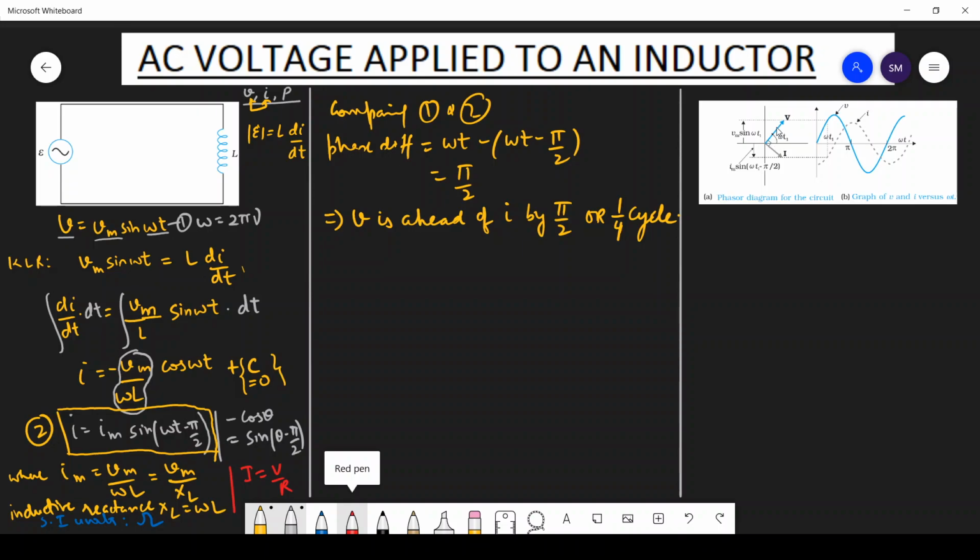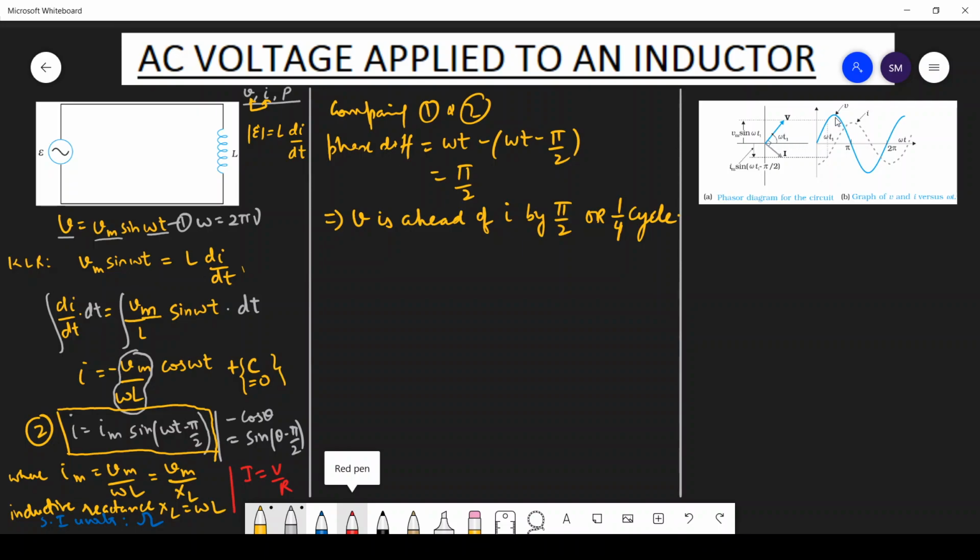This is V, and the length of this phasor is Vm. So Vm is the length of this vector, this phasor V, and its vertical component. The vertical component is hypotenuse sine theta. The hypotenuse is Vm and theta is omega t1, so Vm sine omega t1. And this is phasor I. So phasor V is clearly ahead of I by pi by 2, which is 90 degrees.